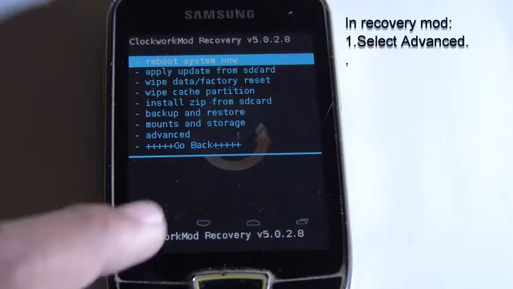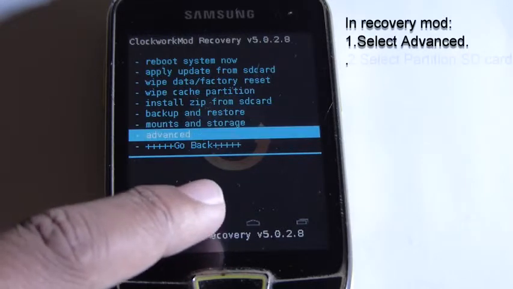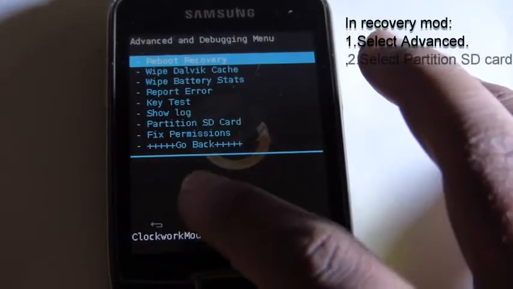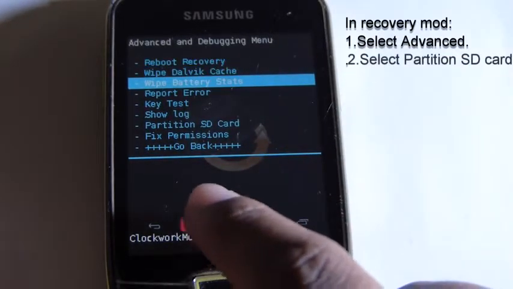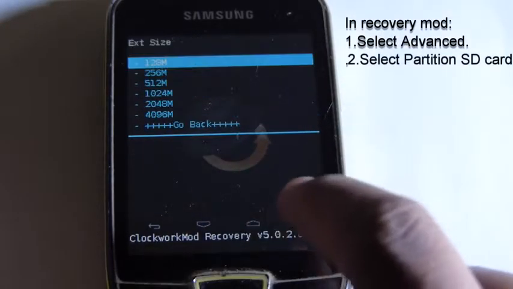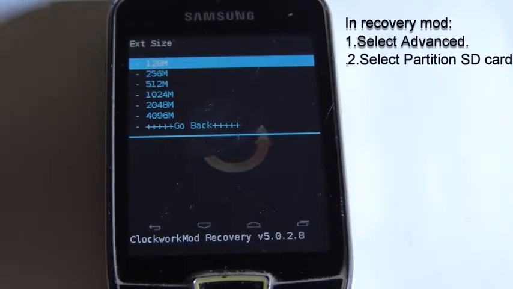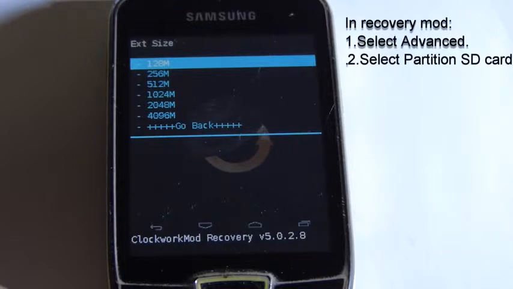As soon as you get into ClockworkMod recovery, go to advanced and then select partition SD card. As you can see, this method overcomes the limitation of the ROM Manager app. In the ROM Manager app you were only able to partition up to 512 megabytes, but in this method you can partition all the way up to 4 gigabytes.